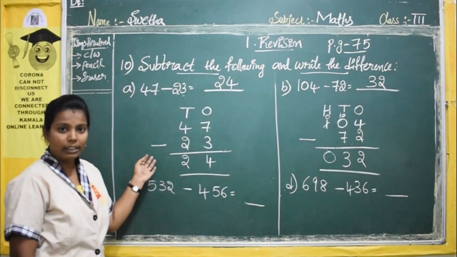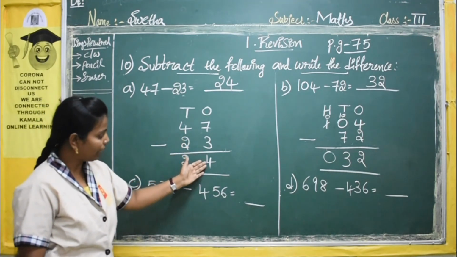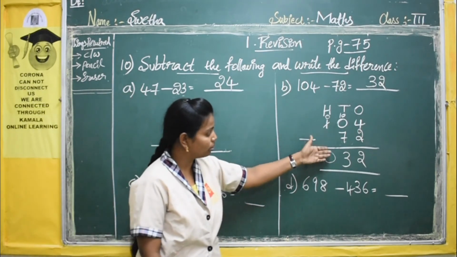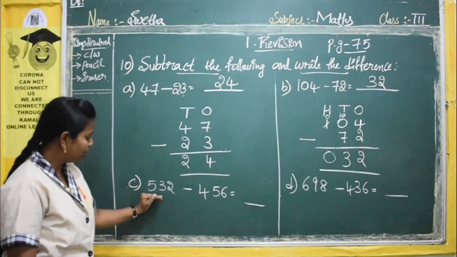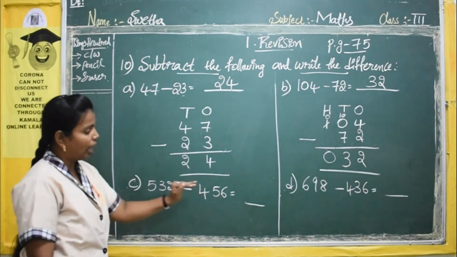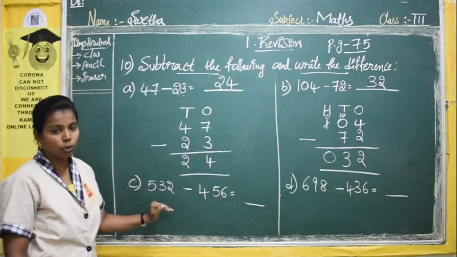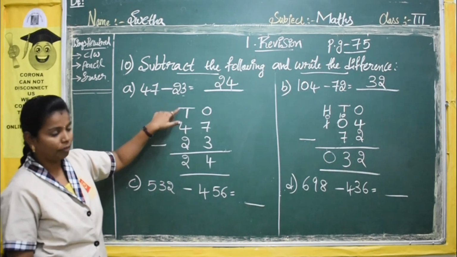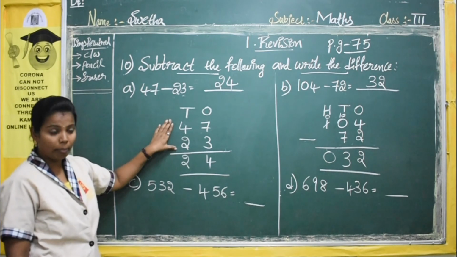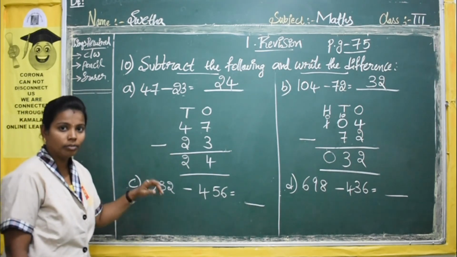Then only you can understand the problem clearly. See, if you copy the question correctly, then your answer should not go here. It should also be under the same place. Okay, same number. This also in the same way. Okay. Now you see here 532 minus 456. I am giving you this third and fourth, these two problems, as homework. You solve these two problems in the same way. Okay. First write the base values. Then arrange these numbers in the format and then solve according to your classwork problems. Okay. Thank you.